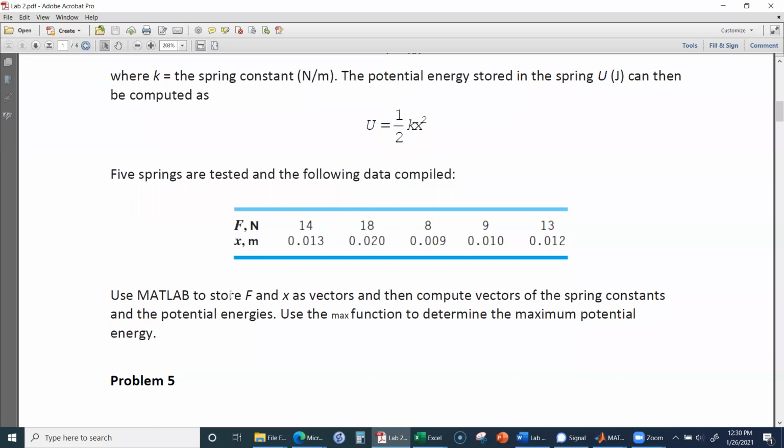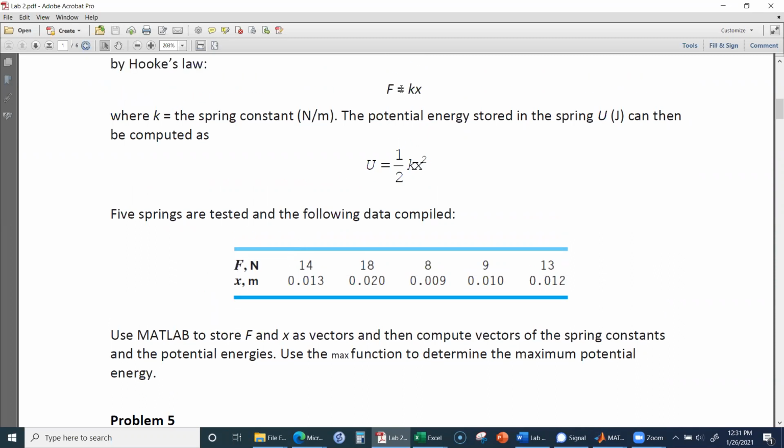So use MATLAB to store F and X as vectors, and then compute the vectors for the spring constants and the potential energies. So use the max function to determine the maximum potential energy. So first of all, what we have to do is,